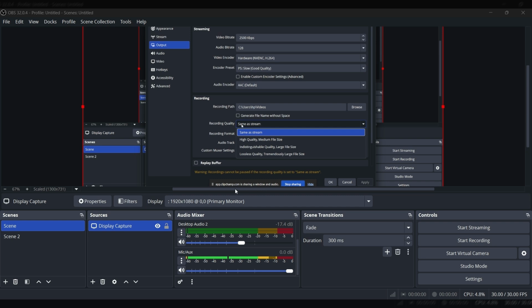So I will prefer same as stream. Then recording format, hybrid MP4. Then you can apply here. Then